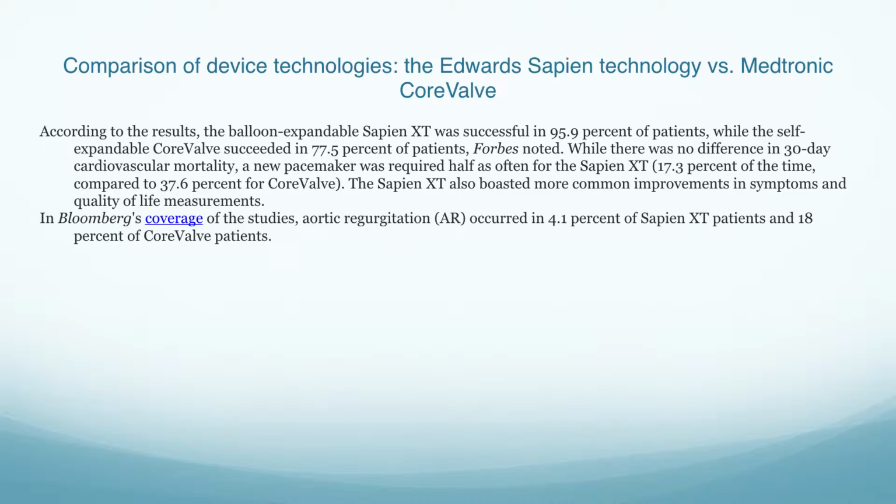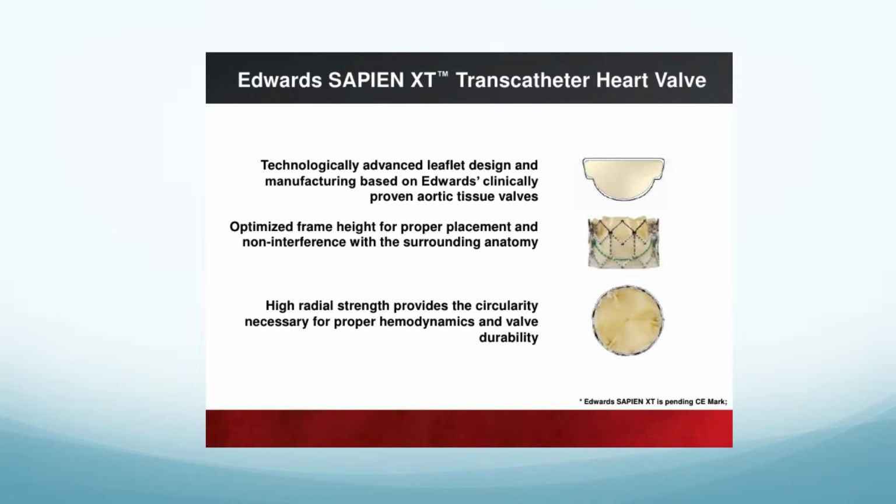While there was no difference in 30-day cardiovascular mortality, a new pacemaker was required half as often for the Sapien XT, and the Sapien XT also boasted more common improvements in symptoms and quality of life measurements. In Bloomberg's coverage of the studies, aortic regurgitation occurred in 4.1% of Sapien XT patients and 18% of CoreValve patients. Here's some more info about the Edwards Sapien XT heart valve